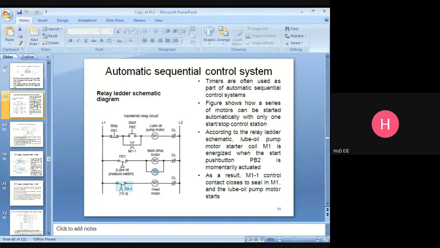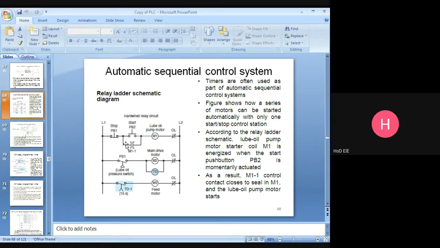Here I am going to start 3 motors with the help of 1 switch press. Here this one is for the stop push button. Already I told this one is for emergency condition only, generally people are using. So this one is normally closed condition. Start push button will be normally opened.